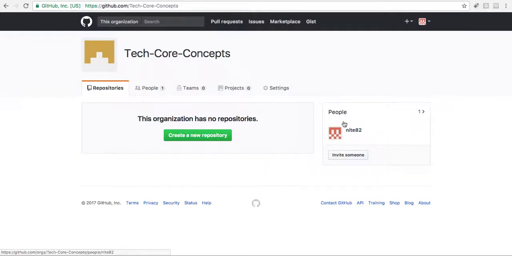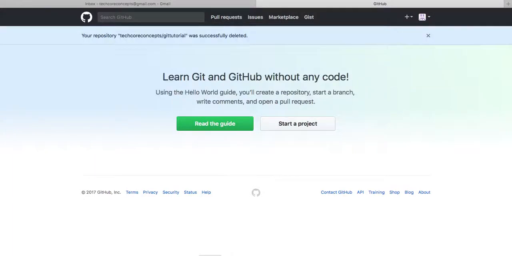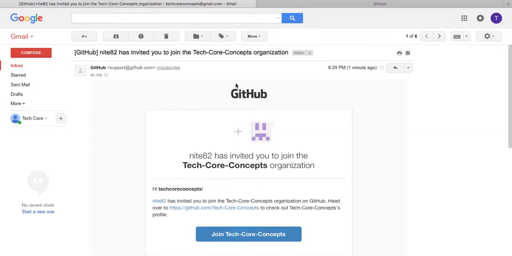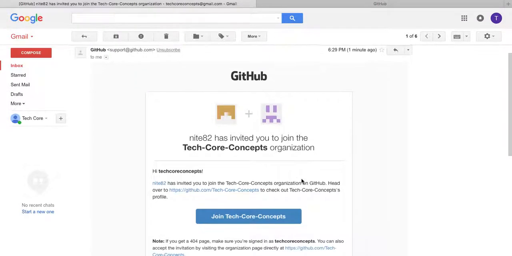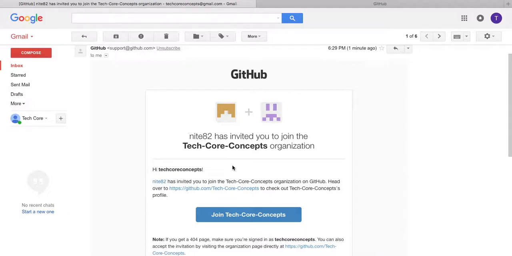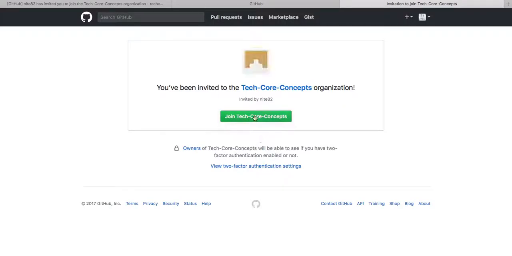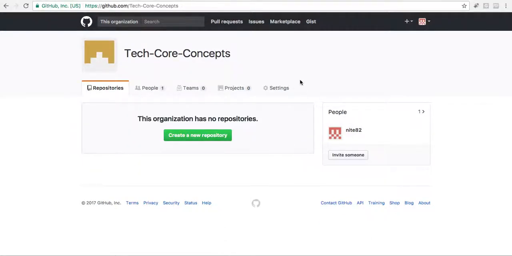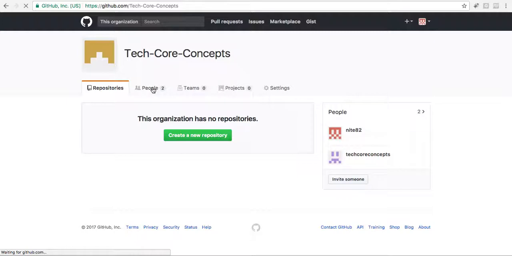Now you can see that currently NID82 is part of this organization. If I go to my other GitHub account and open the Gmail, I'll see that I got an invitation from Tech Core Concepts. If I click on join Tech Core Concepts, which is the organization name, and click on this, the organization will be joined. And now I can see that there are two people in the organization. So again, by doing this, you can add n number of people to your organization